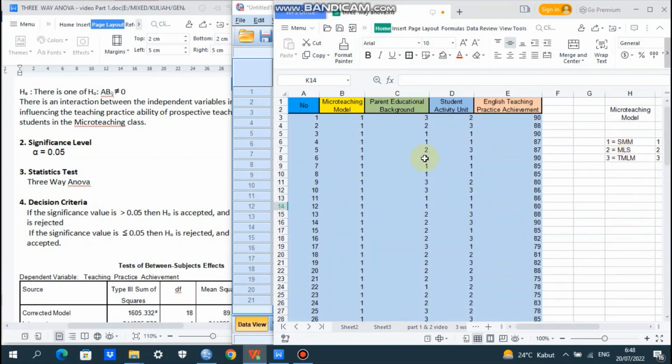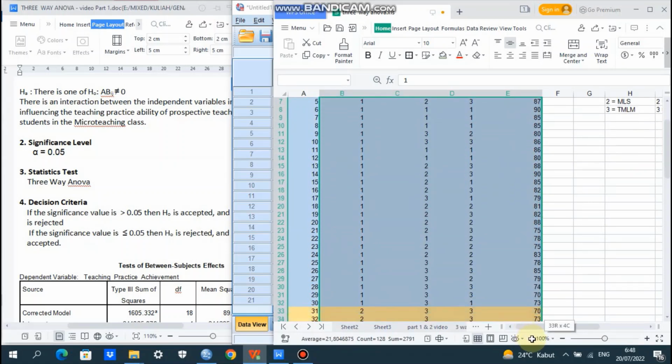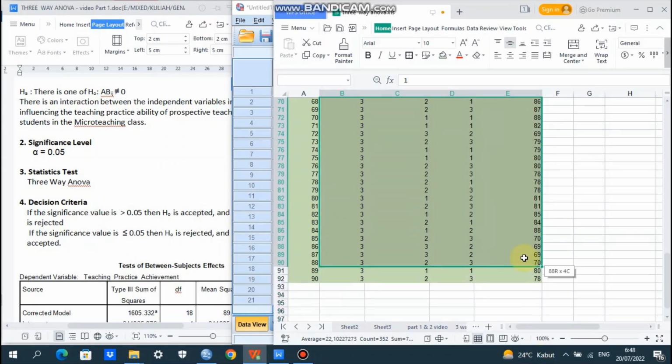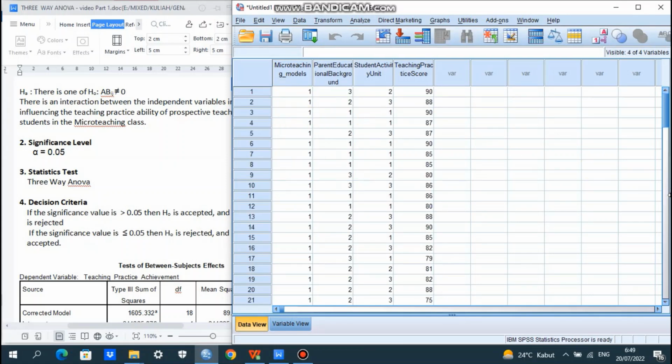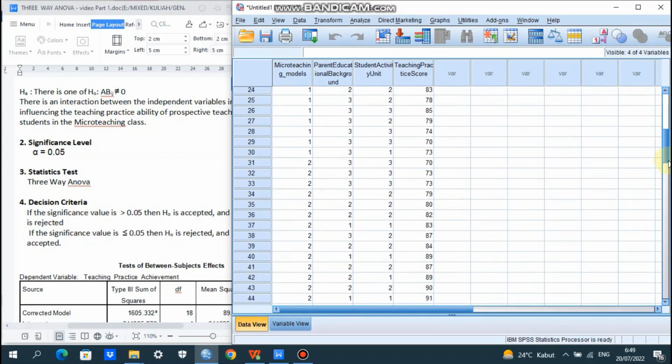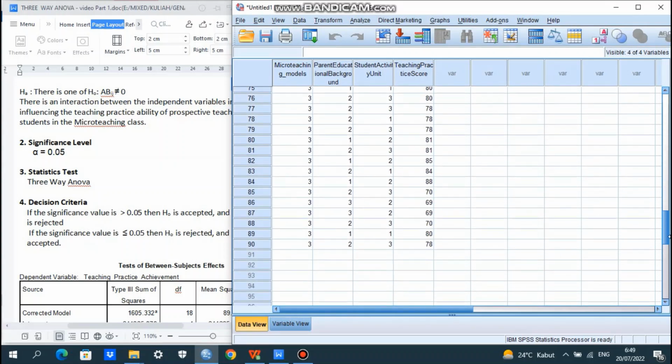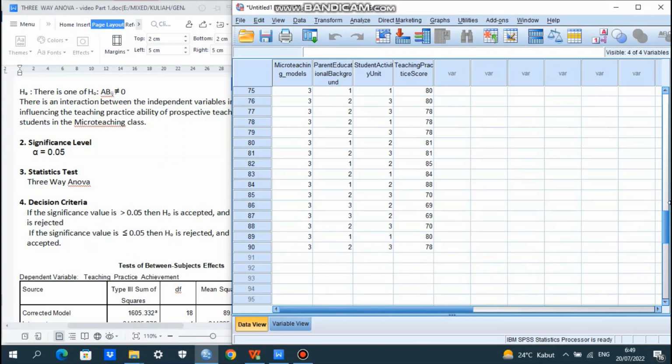So that's why I suggest you to use Excel data so that it will make it easier to save the data and also to use it for SPSS analysis. Okay, just copy it and we go to SPSS. Start from number 1. Okay, in data view here. Just paste it. Okay, and then we count already 90 students for 3 classes.